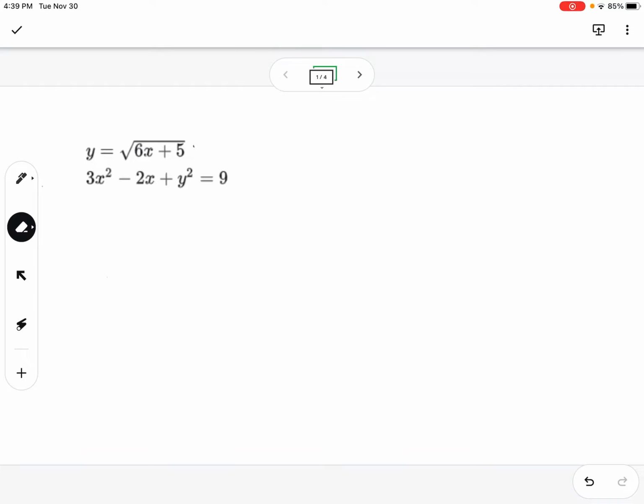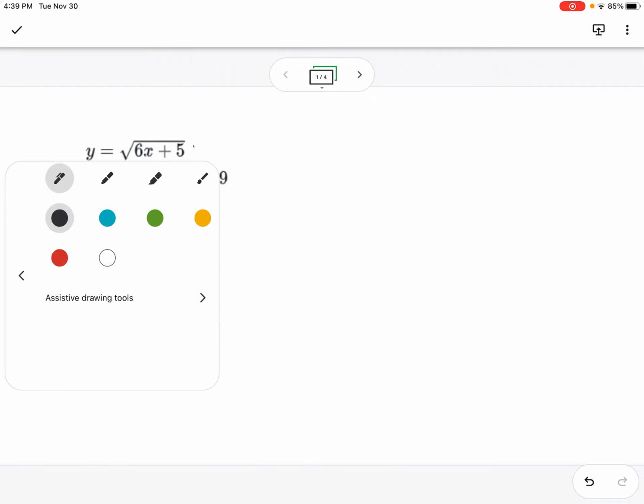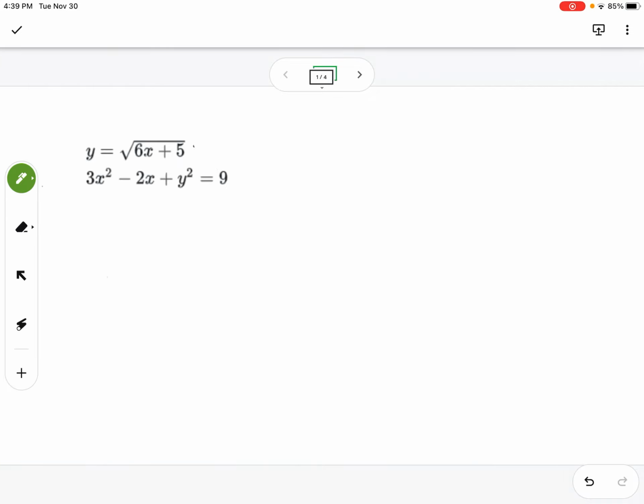Okay, so in this one, it looks like the method that we're going to choose is going to be substitution, right? We know what y is equal to. It's equal to the square root of 6x plus 5. In the second equation, we have y, so we'll just make the substitution in there for y. So if we rewrite the second line,